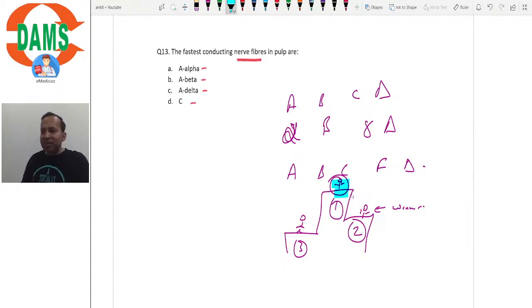अभी मैंने तुम्हें ABCD सिखाई. क्या लगता है तुम्हें कौन सा होगा fastest conducting fiber in the pulp? Which is the fastest conducting fiber in the pulp? शैलेश और भावना अभी भी A delta पे टिके हुए, जबकि मैंने बताया A delta तो D है. D तो हम जो फेल हो जाते हैं उनके लिए यूज करते हैं, जो पास हो जाते हैं उनके लिए